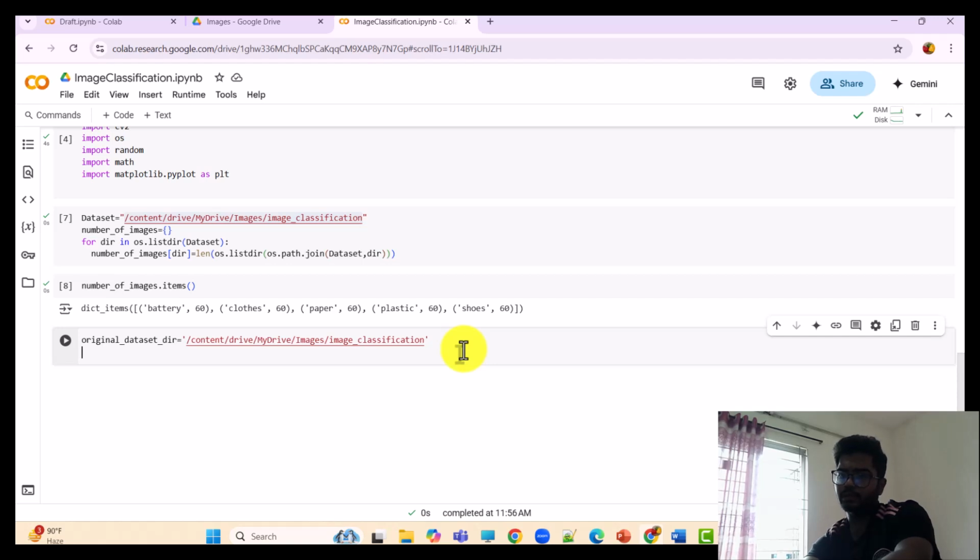Then we need to define the base directory where the augmented images will be stored. For this, we need to write base dir and just paste the path you previously copied and change the location and the folder name. Okay, so I name the folder augmented dataset. Let's change it, not augmented, it will be augment dataset. Okay,